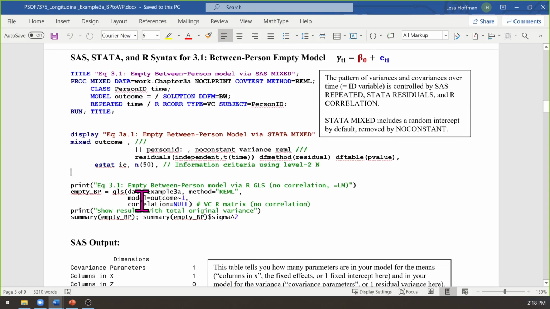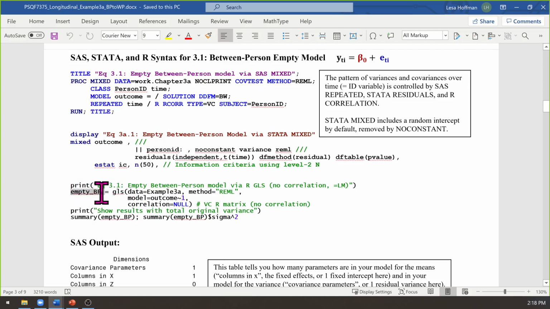Okay, today in R we are using GLS, which stands for Generalized Least Squares, and that is because only GLS will let me have different patterns of correlation across the occasions without necessarily having random effects. So the way I am specifying this model is by putting all of the variance and covariance into one matrix, even though it's going to be in two piles.